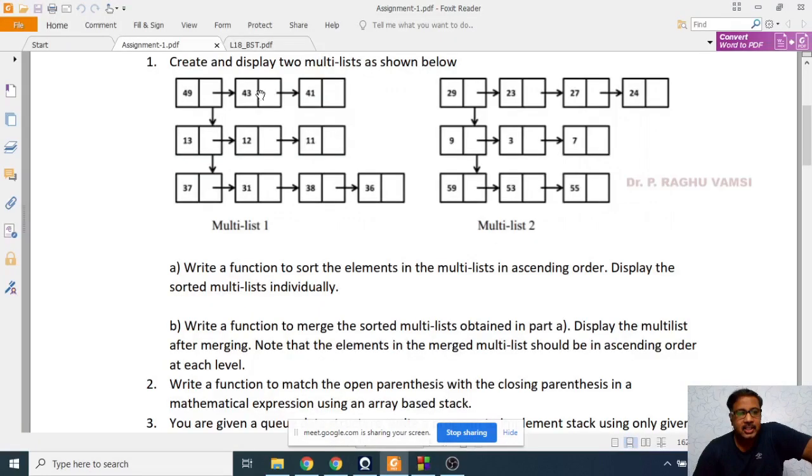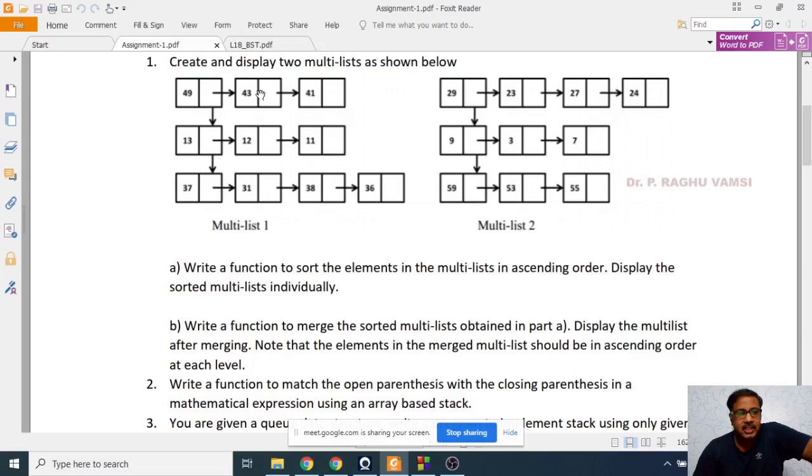And you repeatedly ask the user at which row you want to enter. So 0th row, 49. Next I will ask again. The do while loop that you use will keep on repeating, and it will ask the user via a menu in which row you want to insert the node.